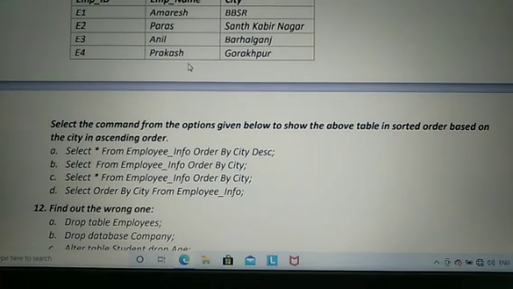Okay, so from these 4 options, the right option is option third, that is select from employee info, order by city. Okay, you can also include ASC keyword, but for ascending order that is not necessary.